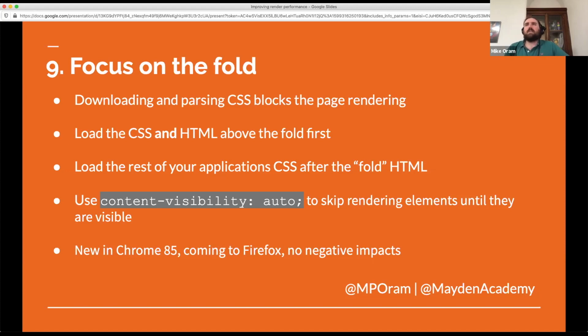So downloading and parsing CSS will block page rendering. Whilst the browser is parsing your HTML and it gets to a CSS link tag, it will block any rendering until it's gone and got that CSS and downloaded it and parsed it. So what we can do is we can load just the CSS and the HTML that applies to the application that's above the fold first. So that means putting just a trimmed down version of your CSS file in the head of your document, just enough CSS that applies essentially to all of the HTML that's above the fold, so that we're reducing the amount of CSS that we download initially, and so that it can render all of that HTML that's above the fold